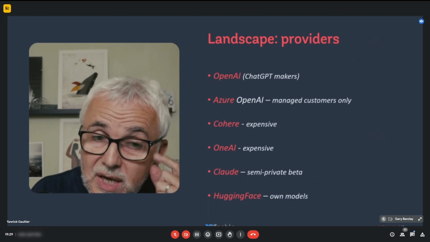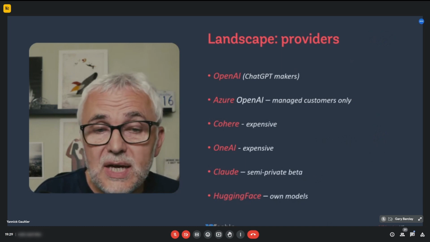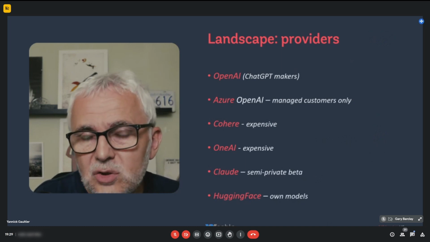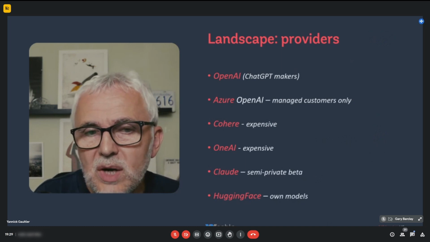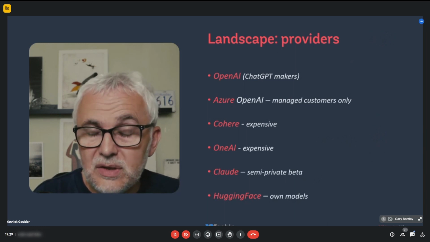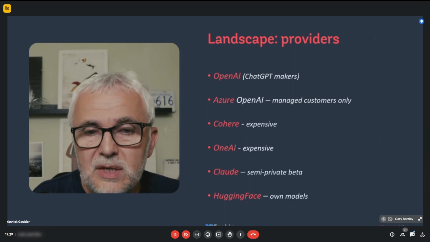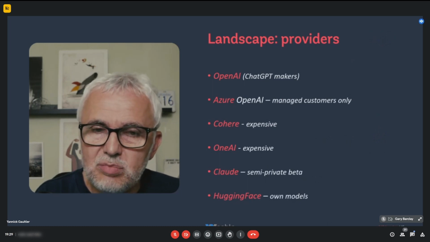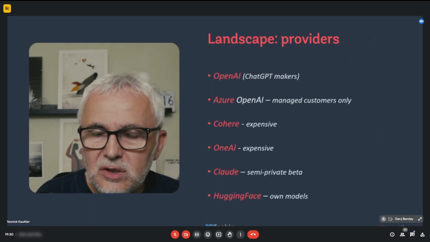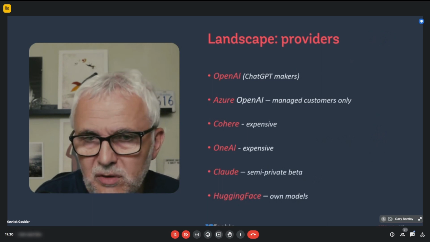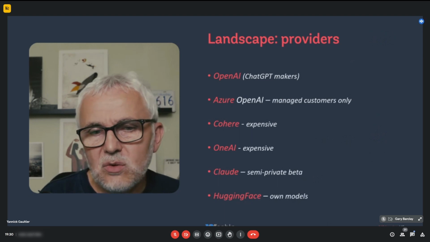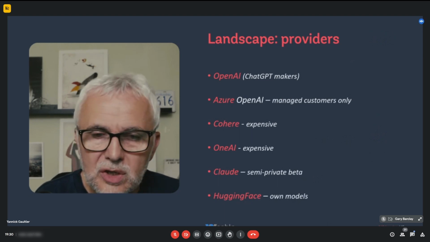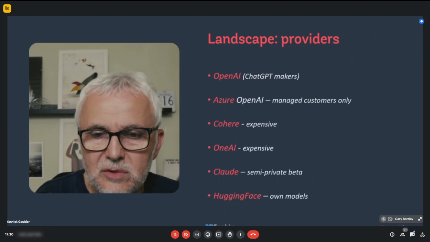Even up to today, my experience is that the OpenAI tools are really the ones that work and are actually really cheap. So that counts. Azure uses the tools provided by OpenAI at a larger scale, so they're not an option because they only worked with very, very large customers at the time. And the other ones are expensive or closed or not finished, and their results are not that good.